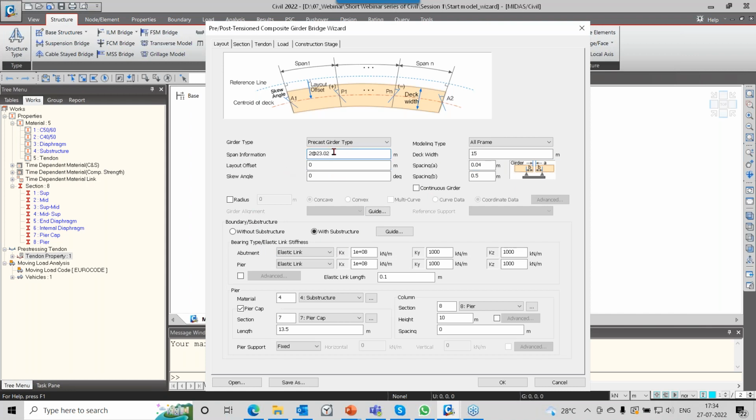So what do these wizards contain? These wizards contain information about the alignment, the layout, that is. So you have two spans at 23.02, that is center to center. Then we have a deck width of 15 meters. The spacing between two spans is 40 mm, and there is a distance of